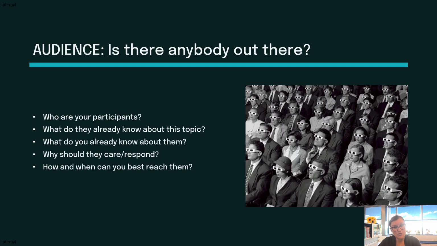What should you already know about them? Again, maybe it was your employees, but maybe it's your customers. Why are you reaching out to them? If it's your customers, you probably already know what kind of relationship they have with you. Do they have an account with you? For us, for example, at Sogo, what kind of package do you have? How long have you been with us as a client? Who's your account manager? All of this kind of information can be really, really helpful in helping us build that